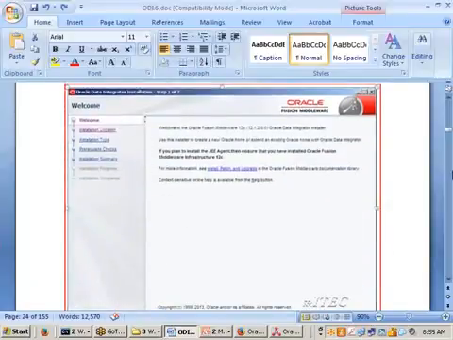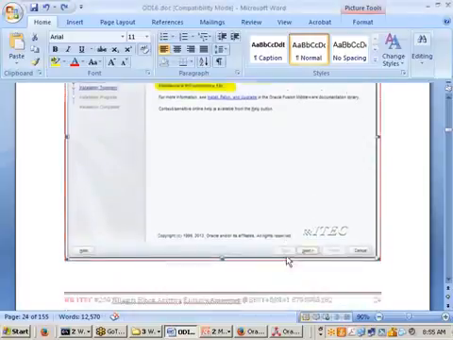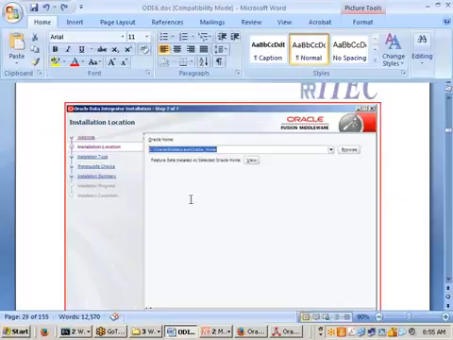Thereafter, we are going to get a welcome screen. How many steps in the process, sir? It is a 7 steps process. The first step is nothing; it tells you what type of software we are going to install, the version and everything. And what is the second step? The second step is where you are installing it, the location.